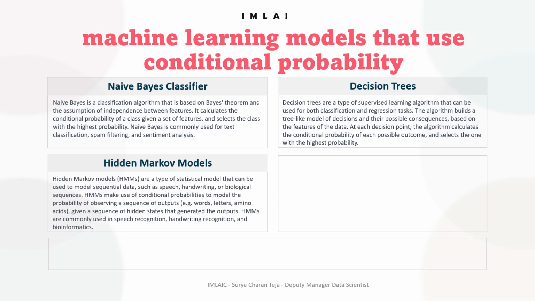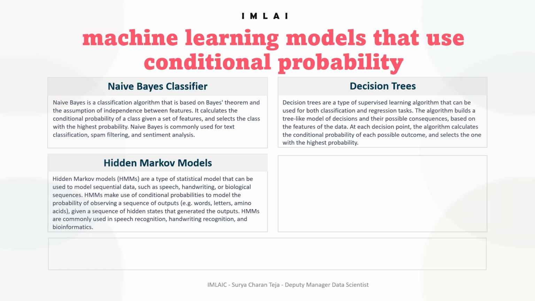Hidden Markov models can be used to model sequential data such as speech, handwriting, or biological sequences. HMMs make use of conditional probabilities to model the probability of observing a sequence of outputs, for example words, letters, amino acids,